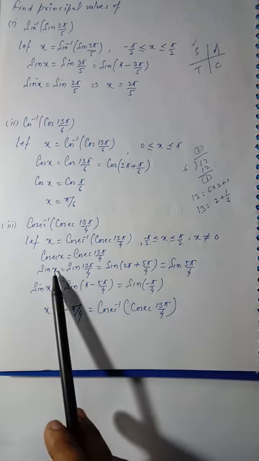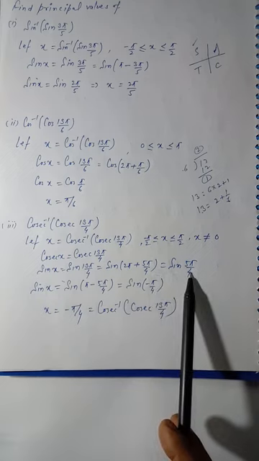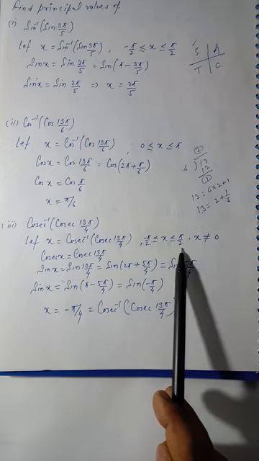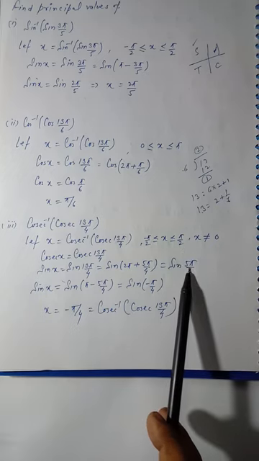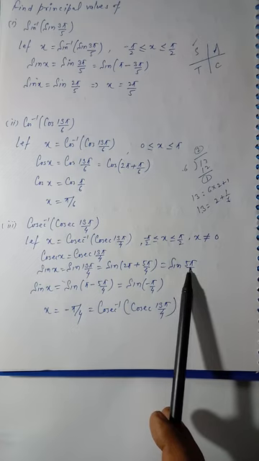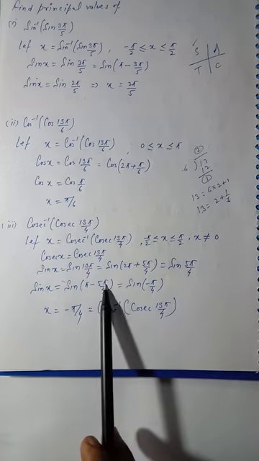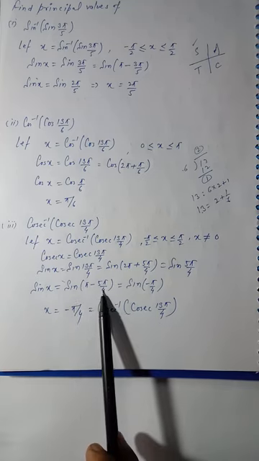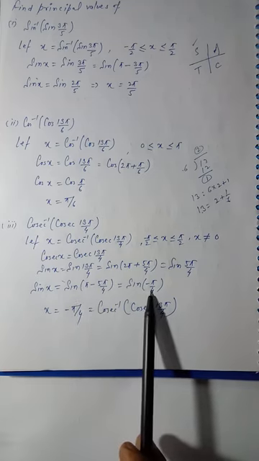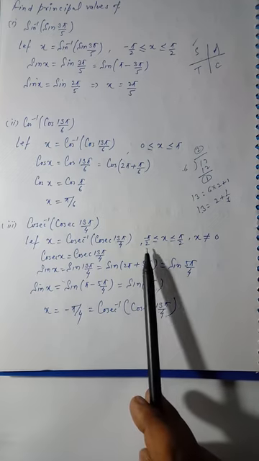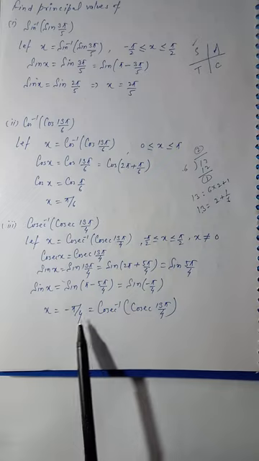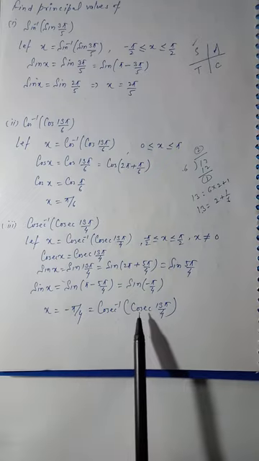On comparison we will get x is equal to 5 pi by 4, but the value of x must be between minus pi by 2 to plus pi by 2. So it means we have to reduce this value also. Again I am writing this theta in the form of 180 minus theta, because sine 180 minus theta is sine theta. On solving we will get minus pi by 4, and I hope minus pi by 4 lies between minus pi by 2 to plus pi by 2. So this x will be minus pi by 4, and this is the exact value of cosec inverse cosec 13 pi by 4.